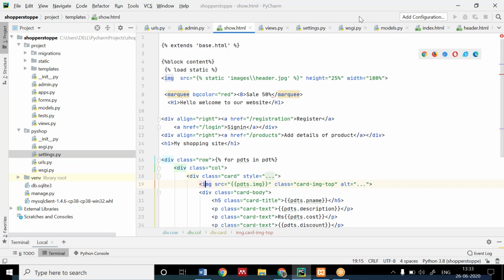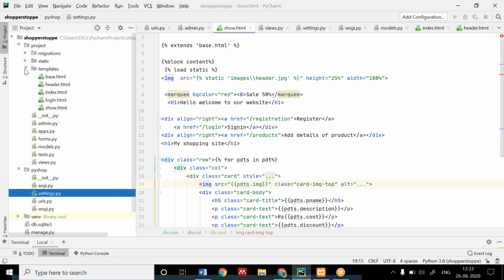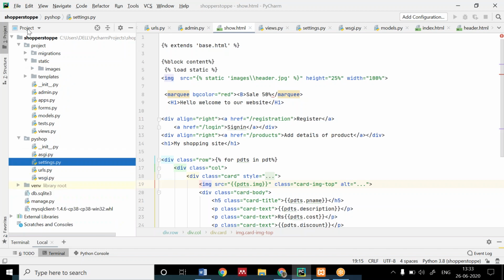To show an image, you have to use an image tag. And the image path which you have stored in the database should be genuine. You can get the path from the templates image also. The whole path you have to give: the project name, then static, then images.